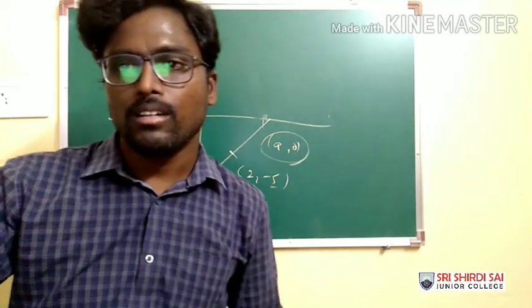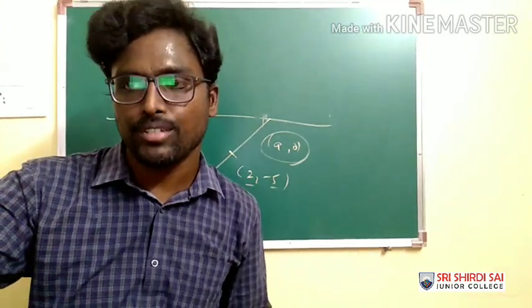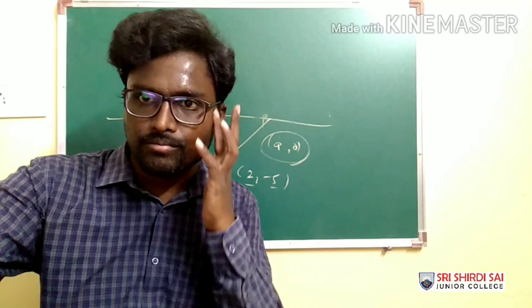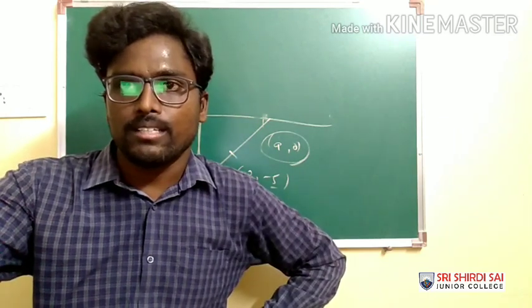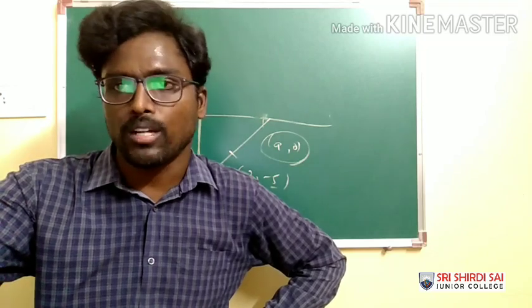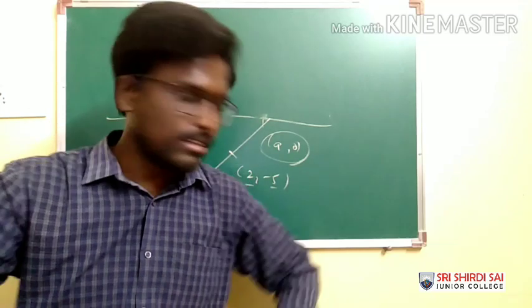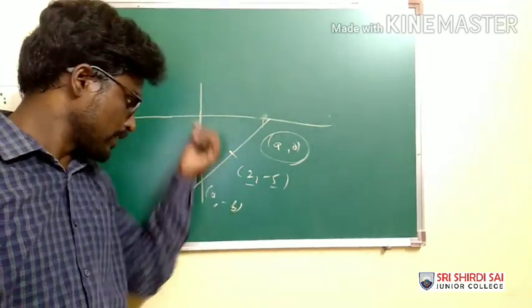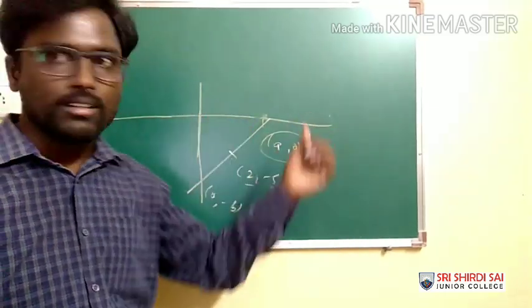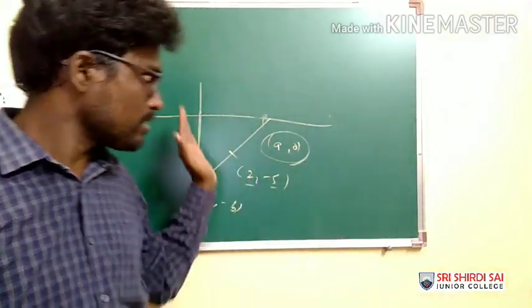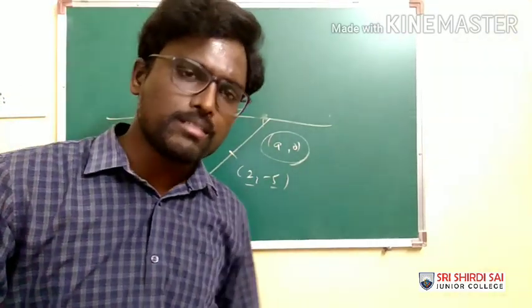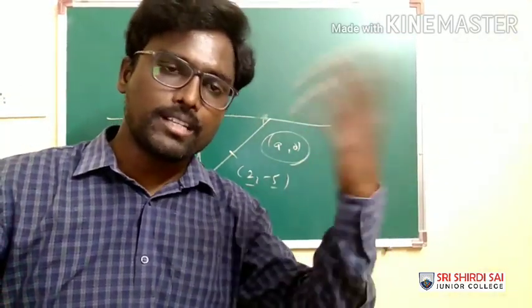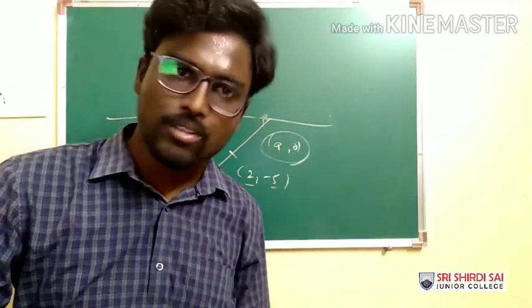Hope you got it. So here you'll be getting option D. What is that? 0 comma minus 10 and 4 comma 0. 0 comma minus 10 is towards the negative direction of the y-axis, and the next point is 4 comma 0, which is the positive direction of the x-axis. As the y coordinate is negative, 0 comma minus 10 lies towards the negative direction of the y-axis.